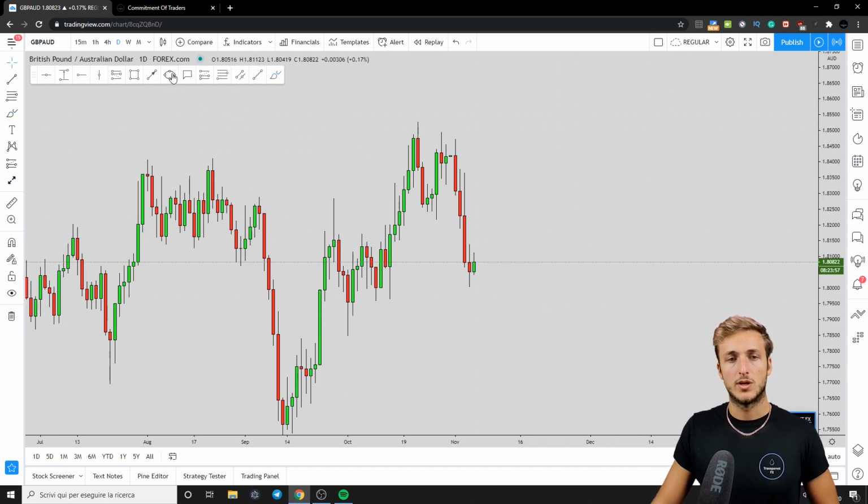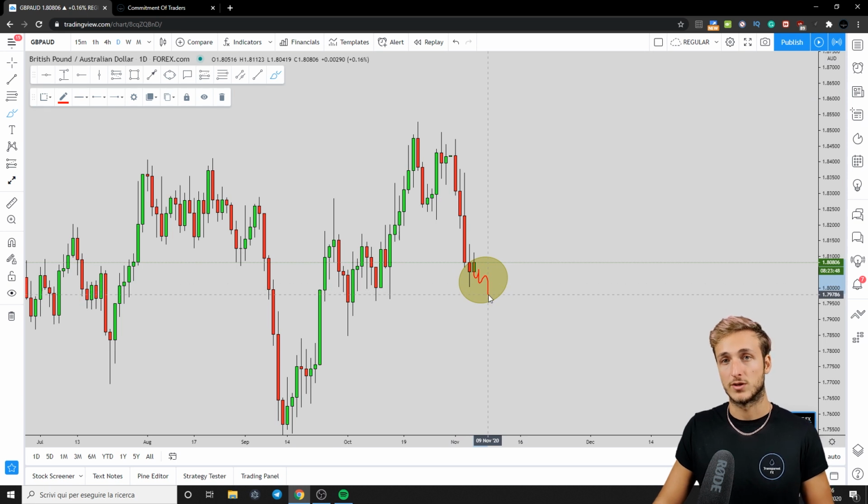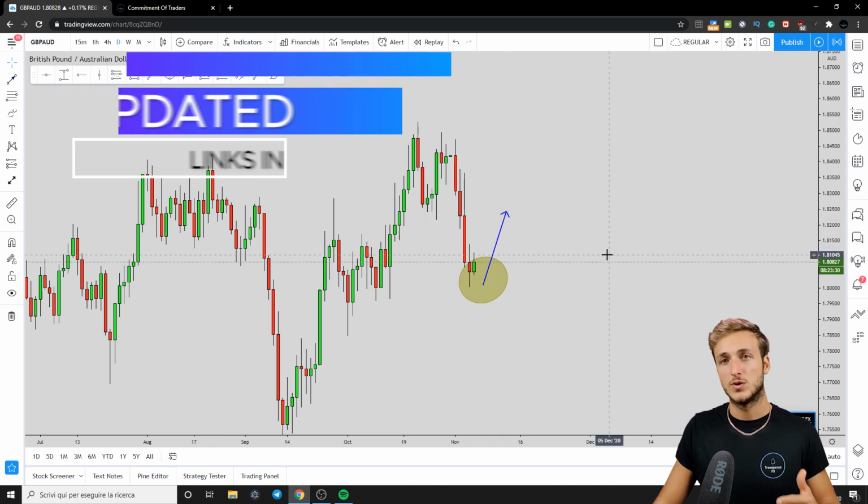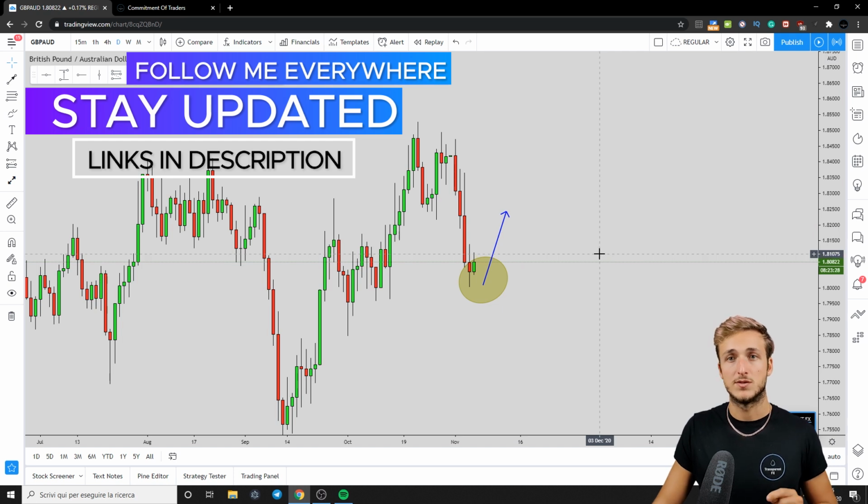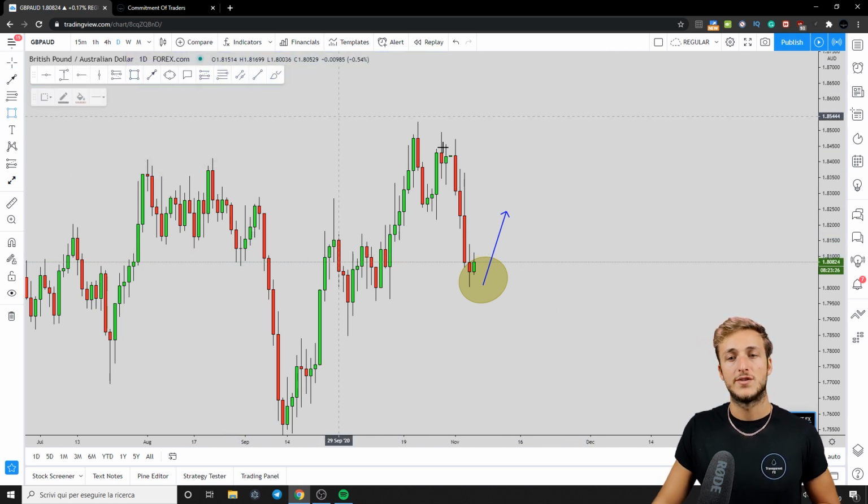So what we will be doing with students is monitoring price action from a 4-hour perspective inside of this area. And what we will be waiting for is for the market to shift from a bearish market as it is right now to a bullish market. And only if we see the market shift from bearish to bullish, only at that point we will add GBP AUD to our watch list. And as soon as the market provides us one of our valid entries, we will be taking a nice long with a good risk to reward and good probabilities for the move to the upside and completion of this formation